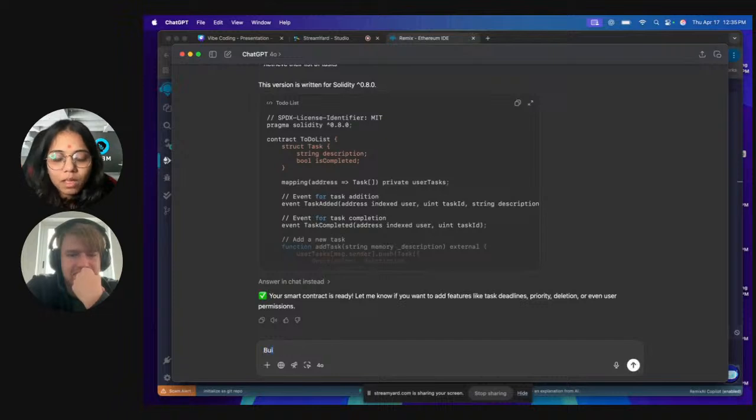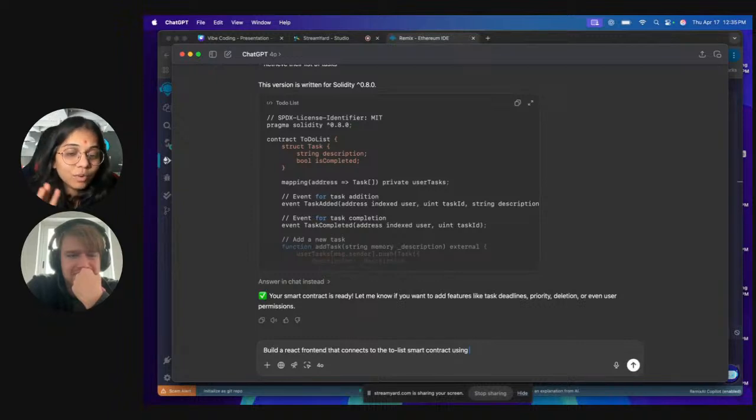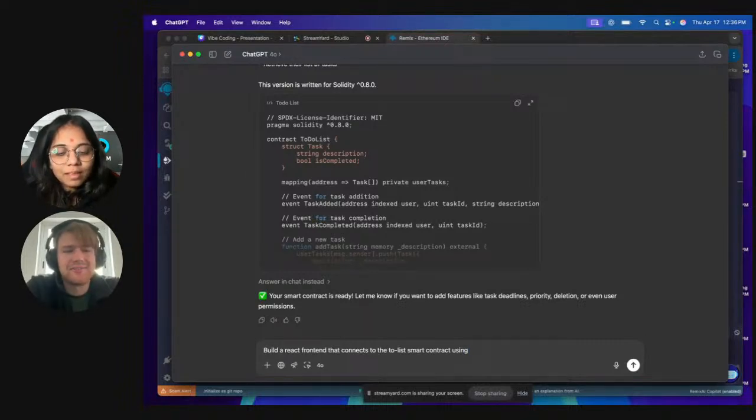Build a React front end that connects to the to-do list smart contract using... okay. Pavel, can you help me here, what do we want to use for the front end and smart contract connection? Let's do ethers.js. Perfect, I was planning the same.